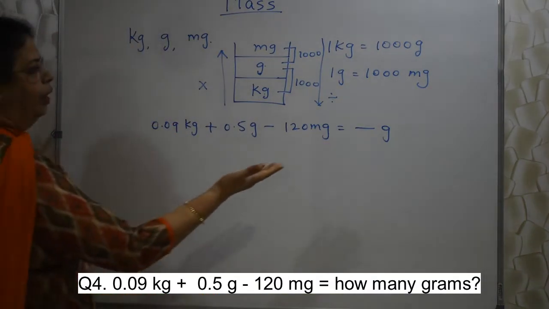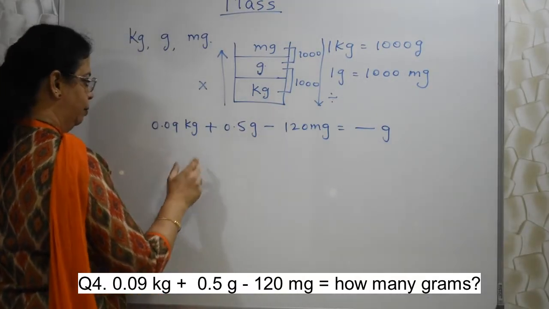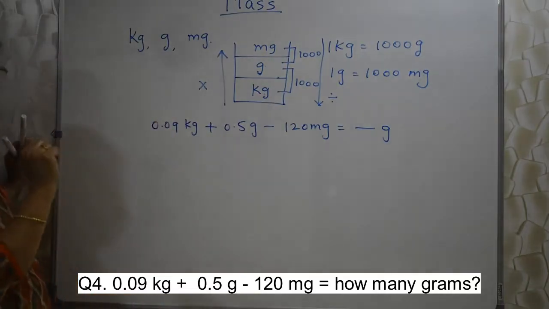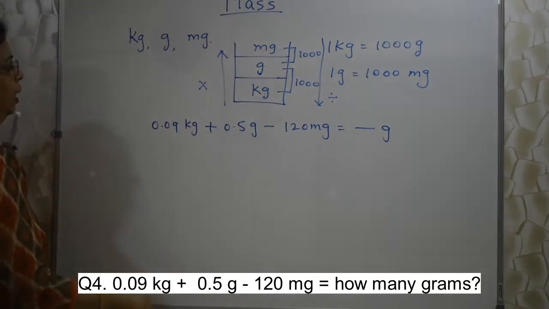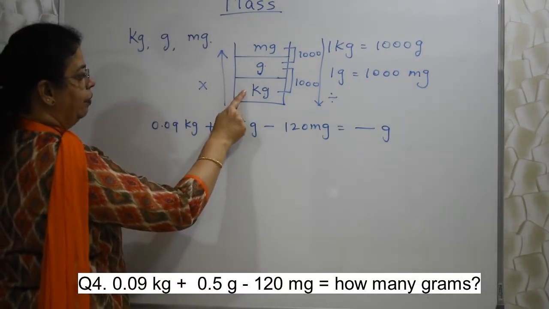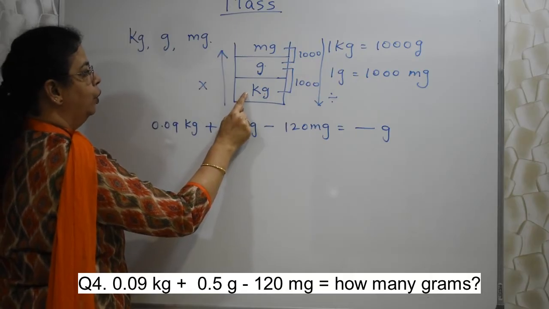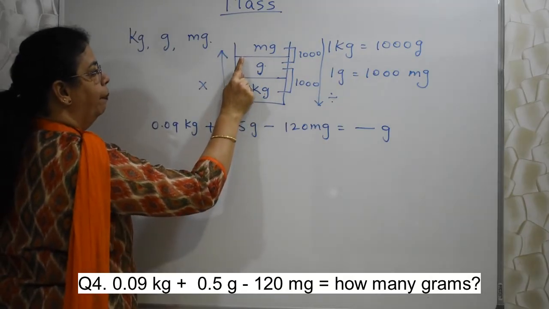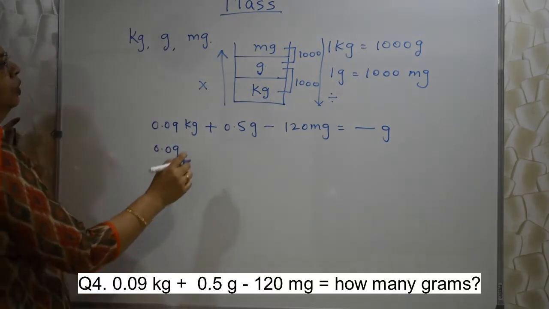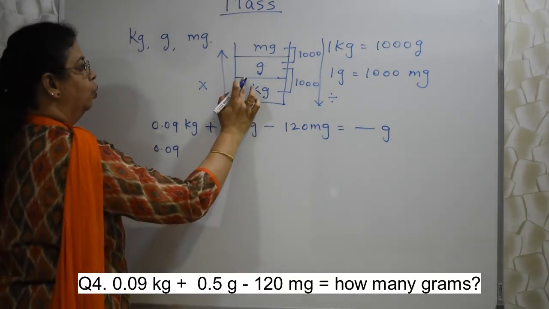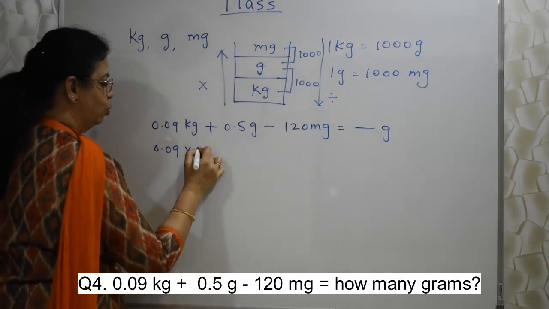Everything we need to convert into grams. This we need not bother because it is already in grams. But this too, yes, we need to convert. Now conversion is not an issue anymore because we have this. See, we are in kg. Kg is given. First we are doing only this, okay? So we are in kg. That we need to convert into grams. So we are moving up. So 0.09 I will write first. From kg to gram, moving up. So into, by how much? Gram and kg, it is 1000.